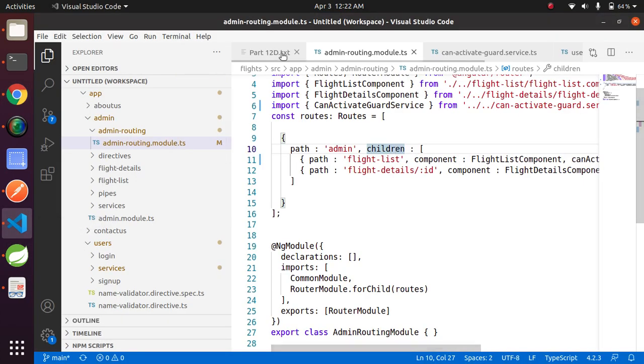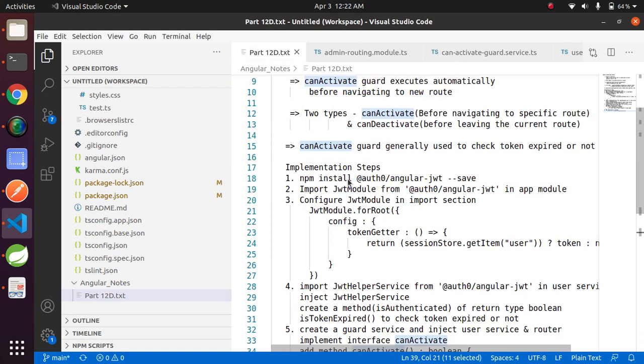There are 6 steps of implementation of a guard in Angular. Install the package Auth0, configure the JWT module in appmodule.ts.